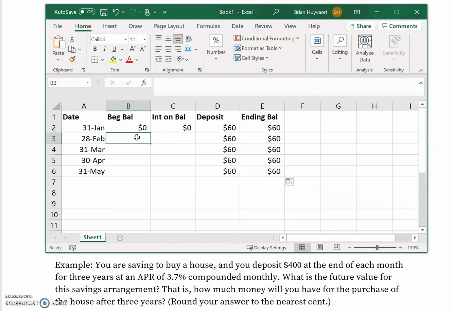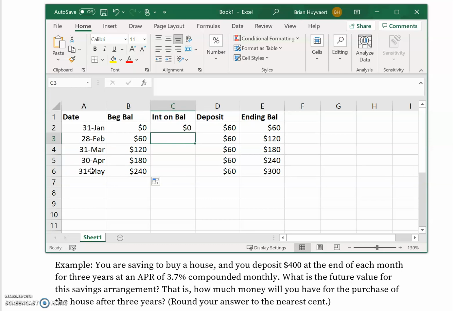So the beginning balance, well, this part is going to be pretty straightforward as well. It's just whatever the ending balance was for the previous line in the ledger. So we say, okay, this is equal to, we go to ending balance here. And again, if we just drag it, then we start to see a few changes. Right now we've only accounted for deposits. So this is increasing by $60 each month, at least at the beginning. And because the deposits are made at the end, we see that the ending balance is always $60 more than what we started with. Now this is going to change a little bit though, because of course we're accruing interest,